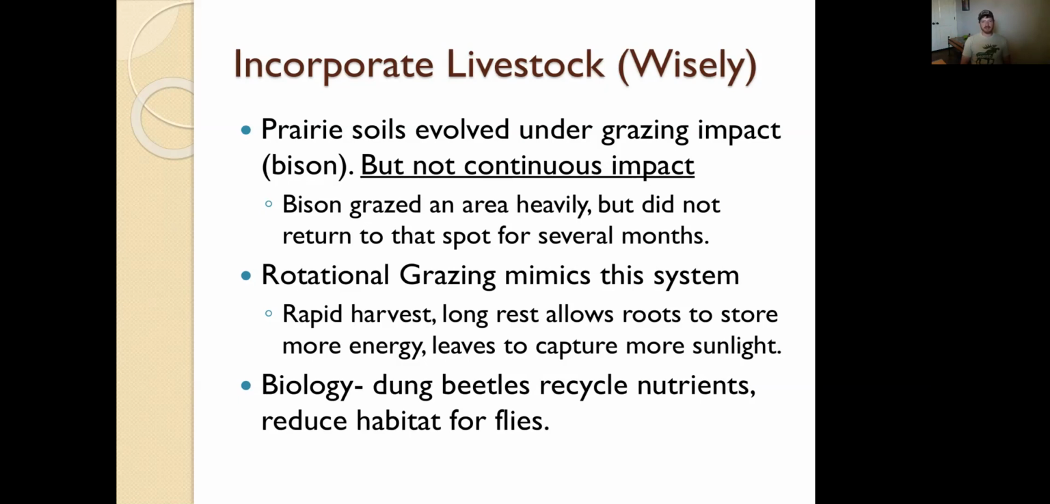Millions of animals grazing and stomping and urinating and defecating, but this herd was continually moving. So they weren't continually camping out on the same area. They would graze an area off and then move on. That space would have months to years to recover, recuperate, regenerate. In our soil health systems, we use rotational grazing to mimic that system, albeit at a very much smaller scale. We try to look at a rapid harvest, but that long rest period allows that soil to recuperate,